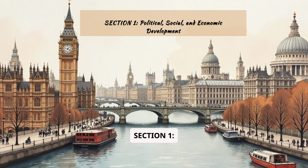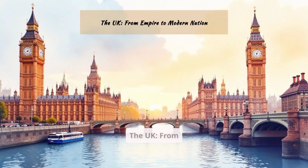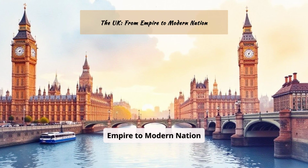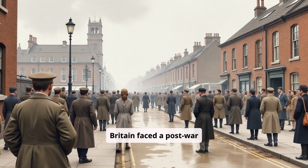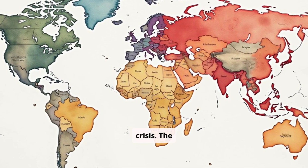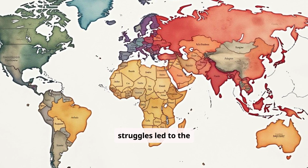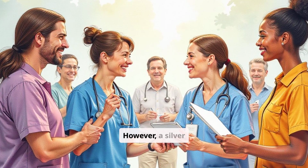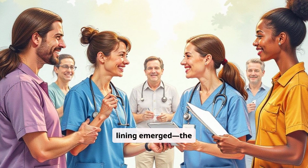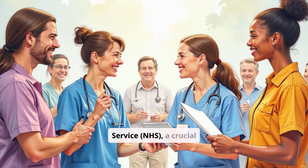Section 1: Political, Social, and Economic Development. The UK, from empire to modern nation. In the 1940s, Britain faced a post-war crisis. The once great empire was losing its colonies, and economic struggles led to the nationalization of key industries like coal and steel. However, a silver lining emerged: the establishment of the welfare state, including the National Health Service, NHS, a crucial